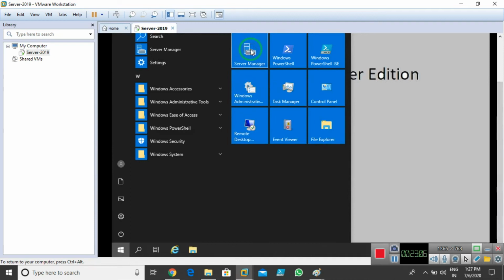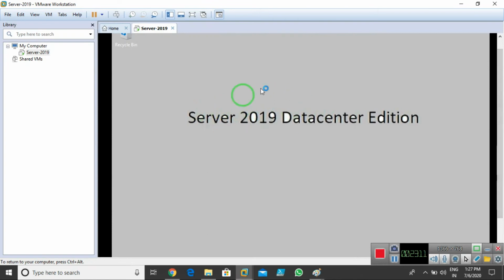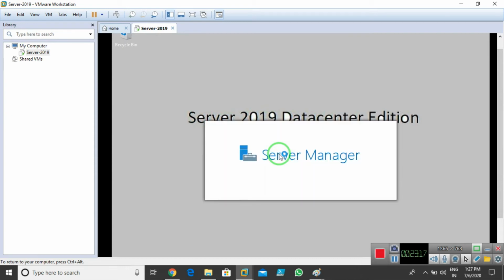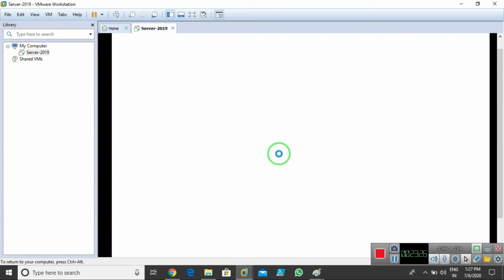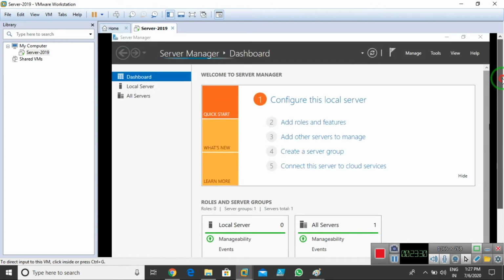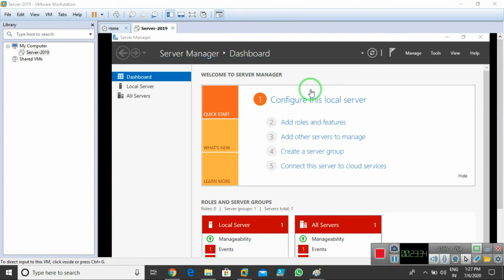Click on Server Manager. Okay, so it has refreshed the Server Manager tool.